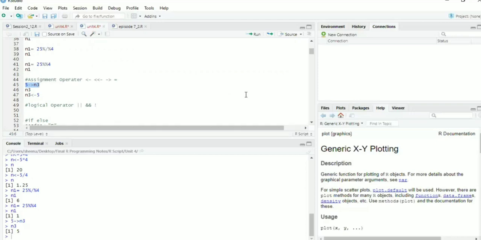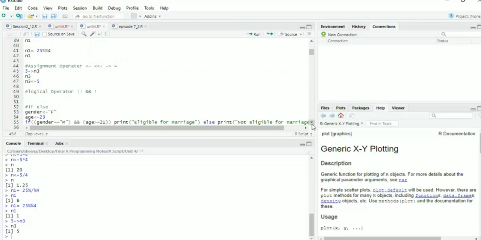Logical and, or, and not are most of the time used for checking conditions. We will see the usage in the further explanation of the lecture. Now, after the logical operators, we will see branching of the code. For example, if the condition is true, I want to print something, and if the condition is false, I want to print something else.